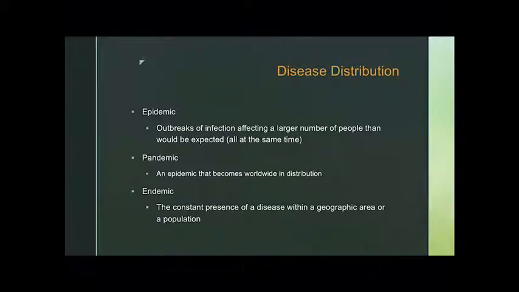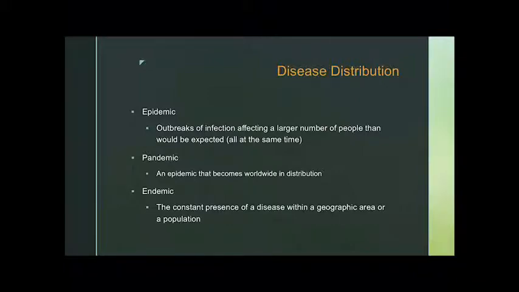So epidemics are essentially defined as an outbreak that's affecting a larger number of people than would be expected. This was especially true with our Hep A epidemic. We're going to get into the numbers in a little bit, but within our local Hep A epidemic, it didn't affect that many people when you look at a percentage, but it was so much greater than what we have ever seen before. This is why we called it an epidemic.